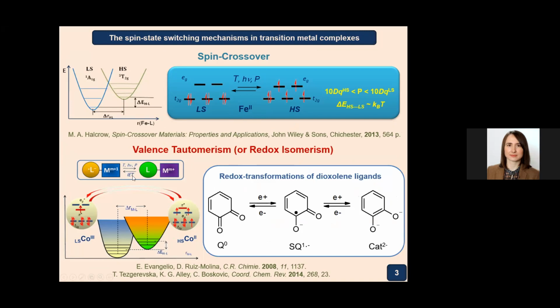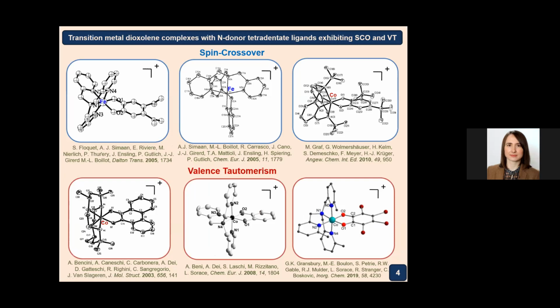a reversible intramolecular electron transfer involving the metal center and the coordinated redox-active, most often dioxolene, ligand. A widespread type of coordination compounds exhibiting magnetic bistability are the salt-like complexes comprising one dioxolene ligand and a tetradentate nitrogen donor base. The uniqueness of such molecules consists in the strong dependence of the mechanism chosen by a molecule for the occurrence of a spin transition, spin crossover or valence tautomerism, on the nature of the metal ion and the structure